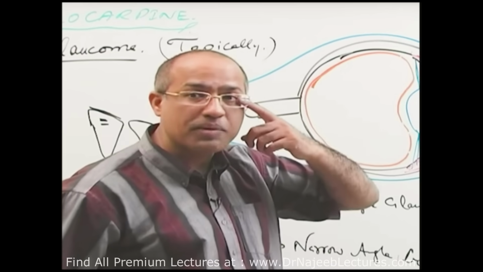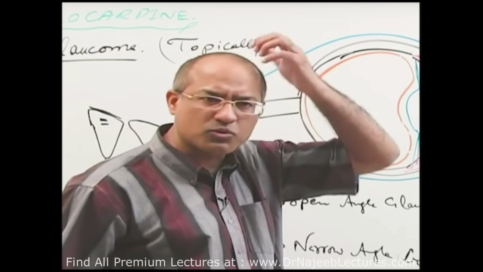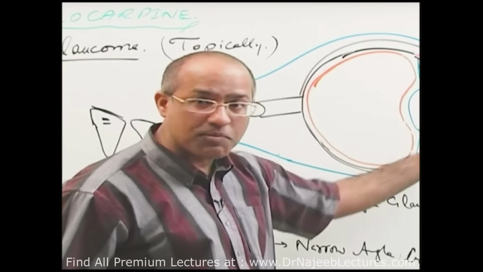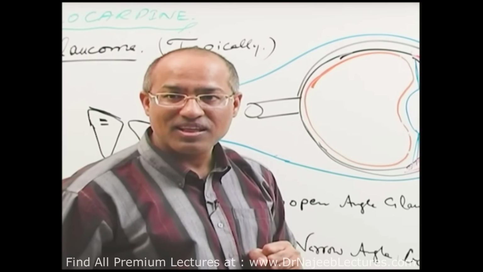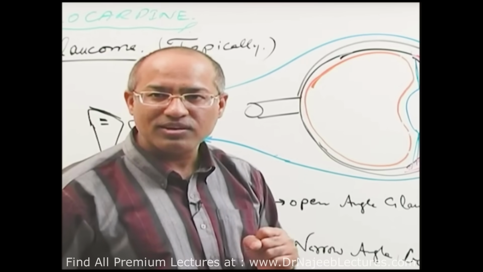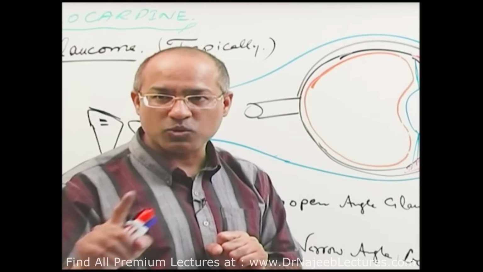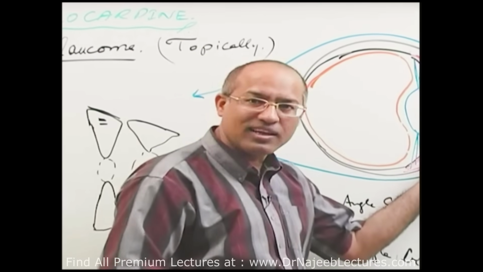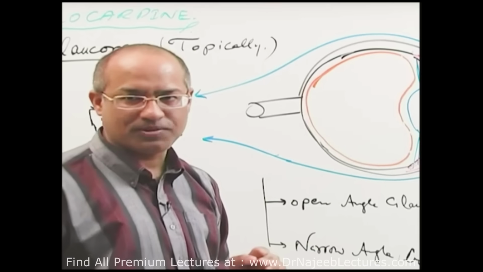And that closes the angle, and the pressure becomes so high that there is very severe pain here. So this is a case where there is very severe pain and even edema of the cornea develops due to high pressure. Right? The eye becomes red. So a red eye with very high pressure may be an acute case of narrow angle glaucoma. You are understanding? So what is narrow angle glaucoma? In which when you look there, you find the angle is really narrow. Is that right?